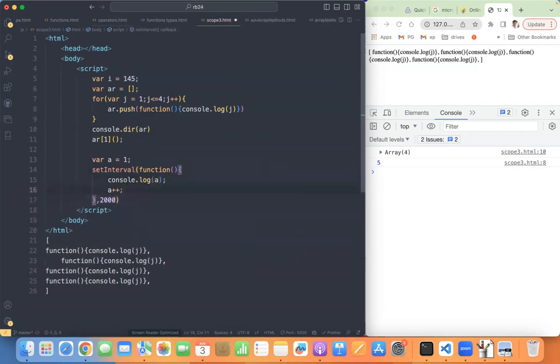What is the output I am going to get? After 2 seconds, it will print 1. Again, after 2 seconds.